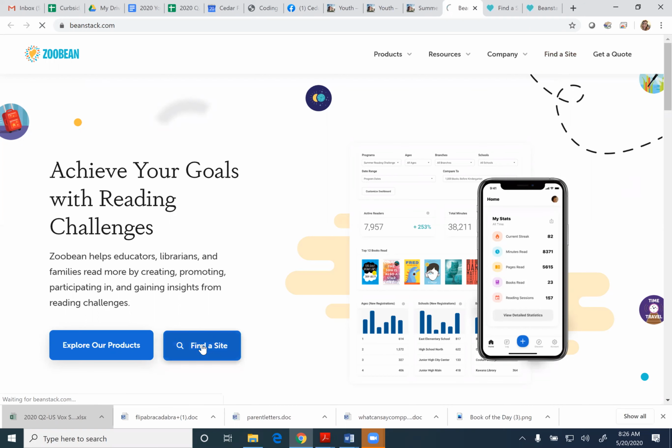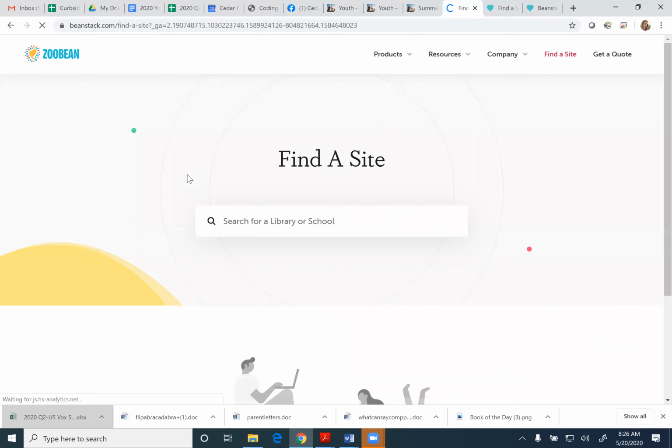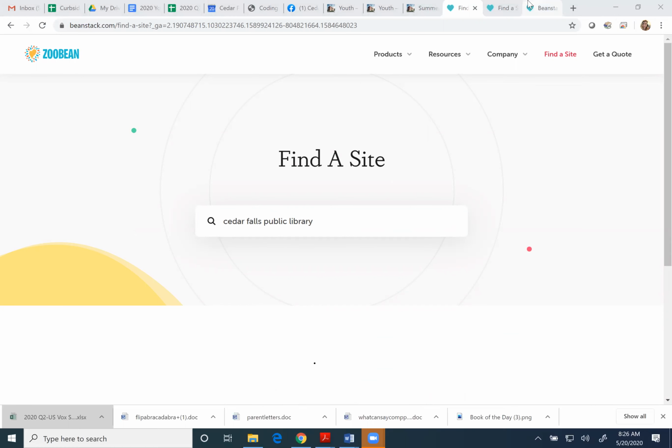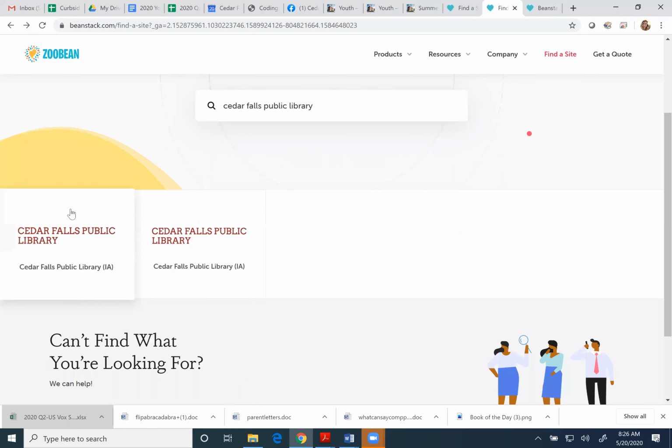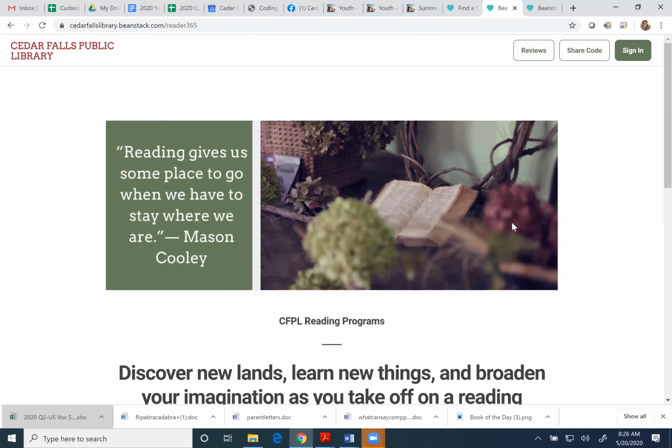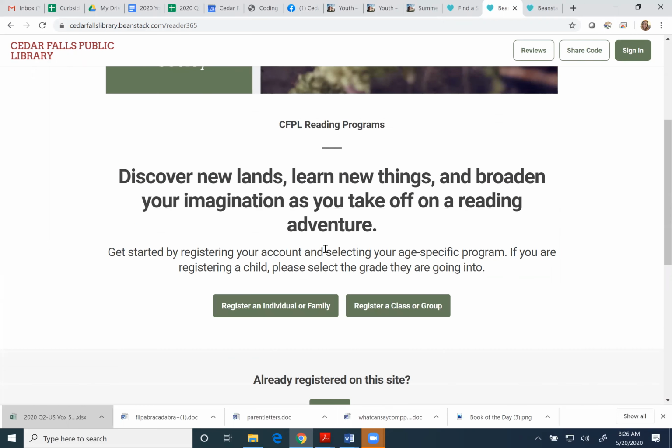can click Find a Site down here. And then you can type in Cedar Falls Public Library and it'll pull up a site. And I've already searched it in this tab, and you can click on Cedar Falls Public Library, which takes us to our landing page here, where you can always sign in if you have already created an account, or you